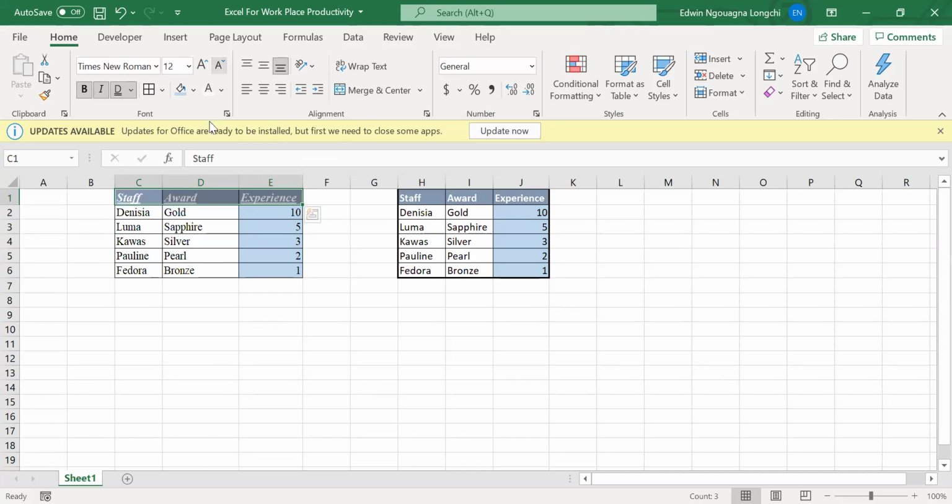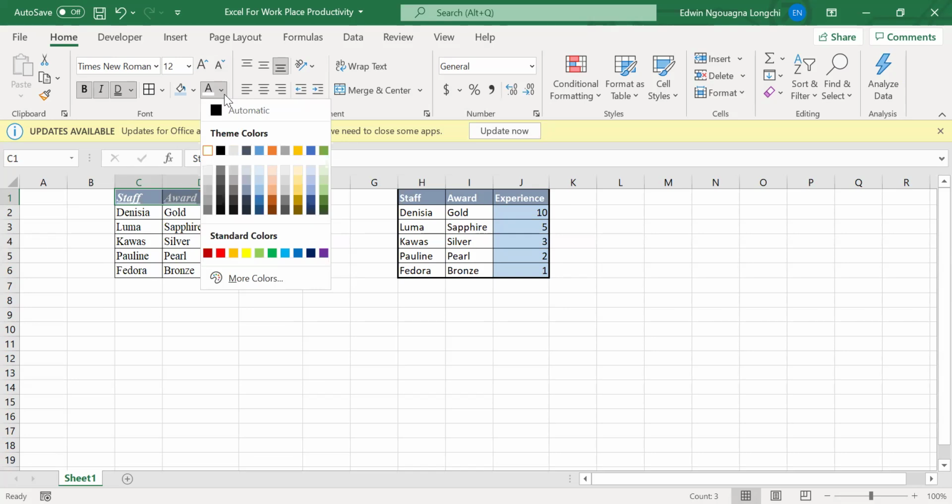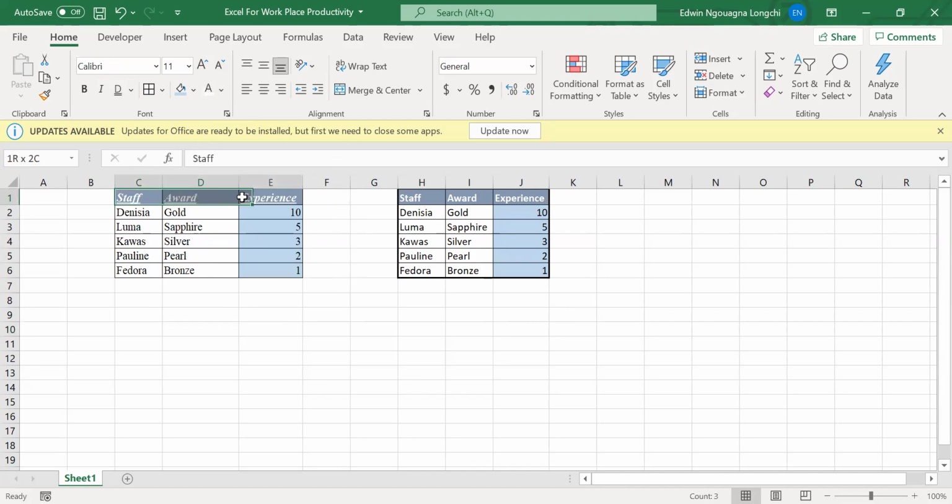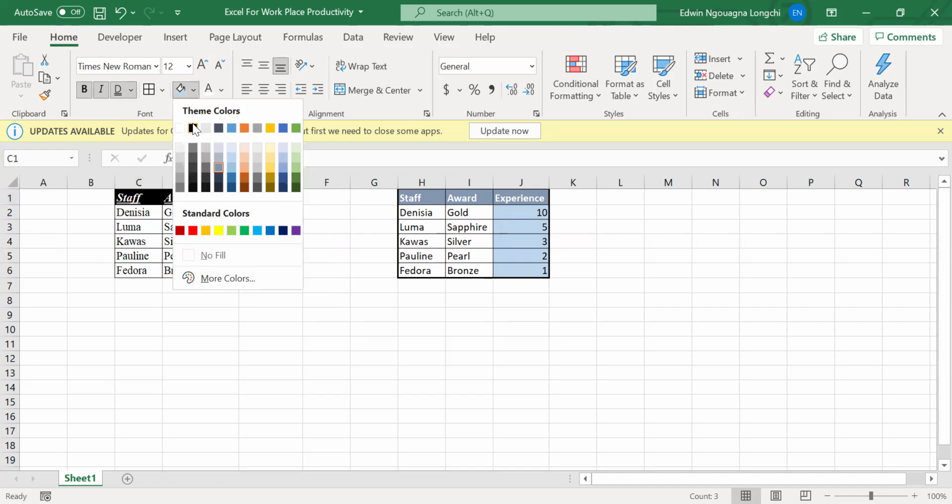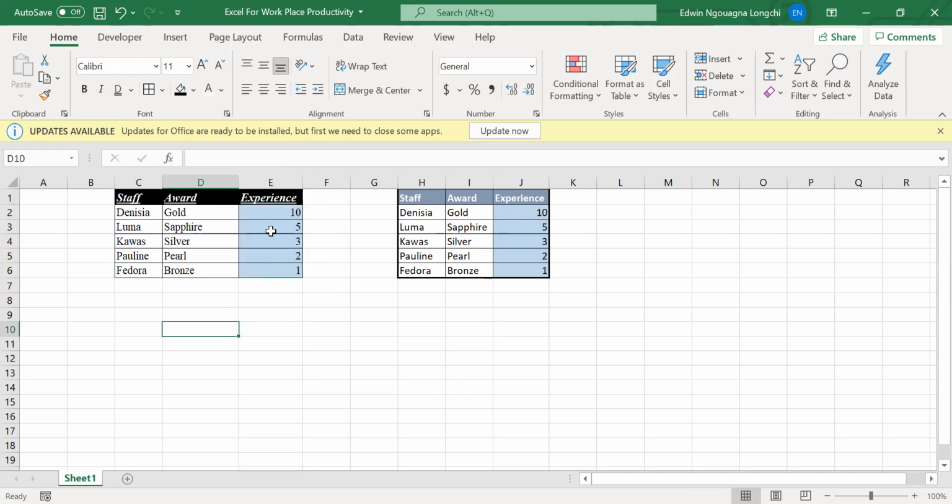Simple. Okay. So we have seen this one is the font, the text color. We can change it to whatever we want, but it should have enough contrast. White is the best. We can change the fill color here to black, black and white, more contrast, right? I think it makes more sense now.